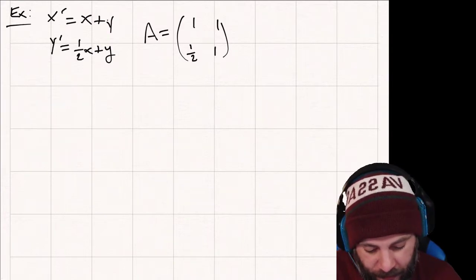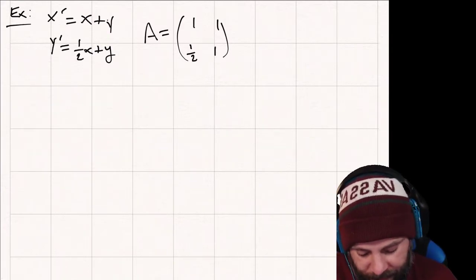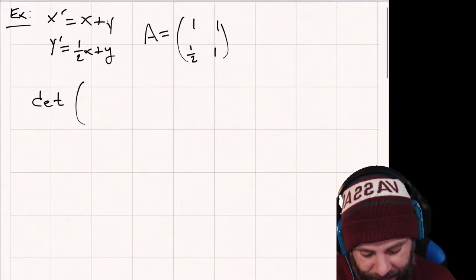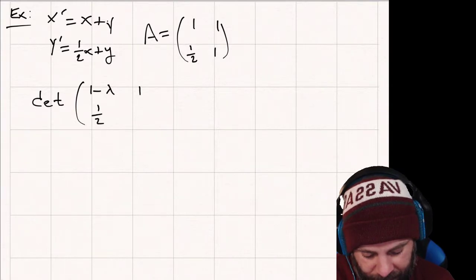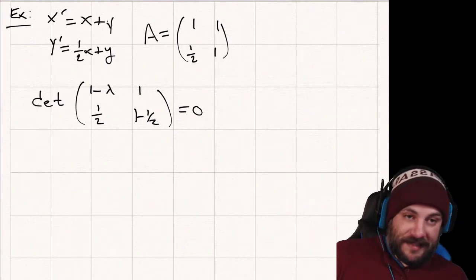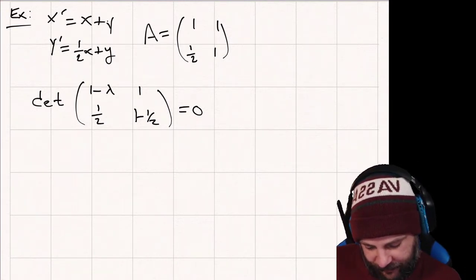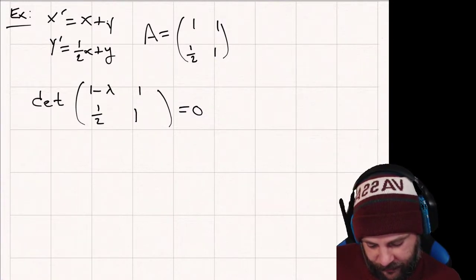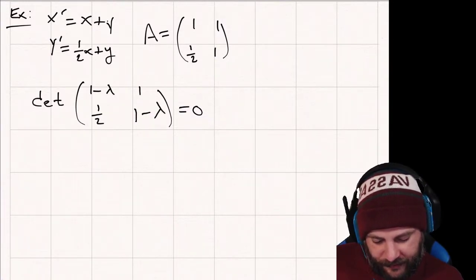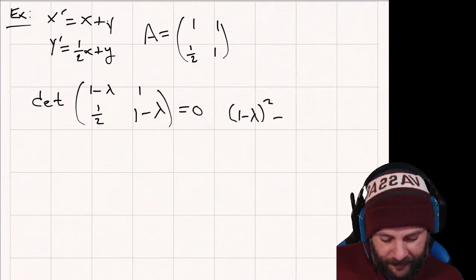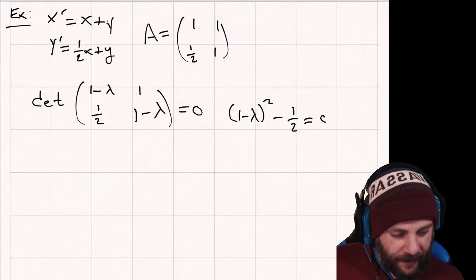Okay. So now to find eigenvalues, what we're going to be doing is taking the determinant of A minus lambda I. So I have 1 minus lambda, 1, 1/2, 1 minus lambda, and I'm setting this determinant equal to 0. That's supposed to be a lambda, not a 1/2, silly goose. Okay, so this leaves me with the polynomial 1 minus lambda squared minus 1/2, and that should be set equal